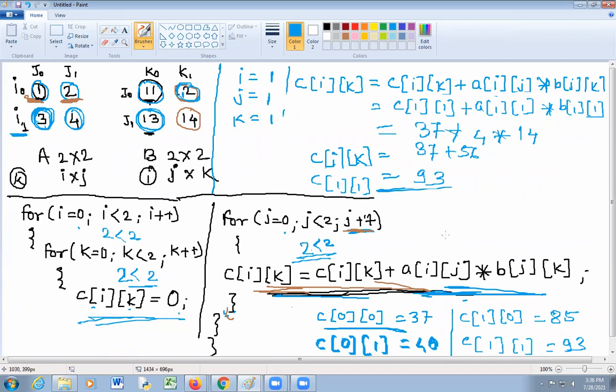So you will get this output: C of 0 0 is equal to 37. C of 0 1 is equal to 40. C of 1 0 is equal to 85, and C of 1 1 is equal to 93. And then you should write it in matrix format. We'll see the programming code.